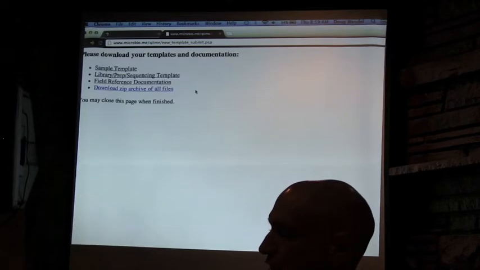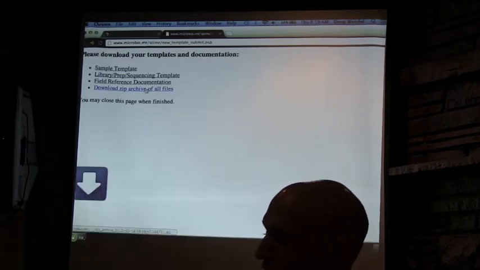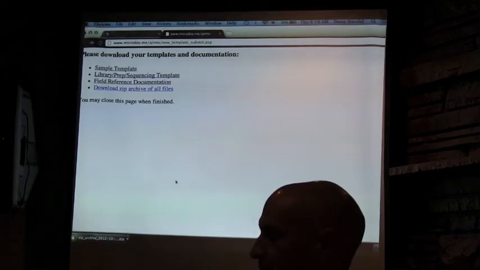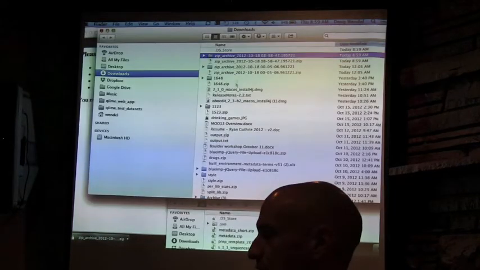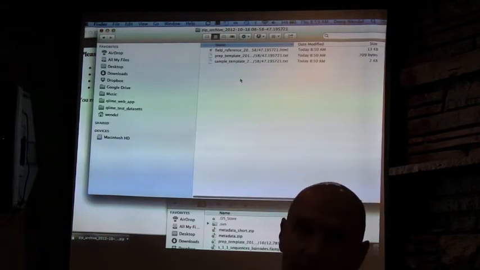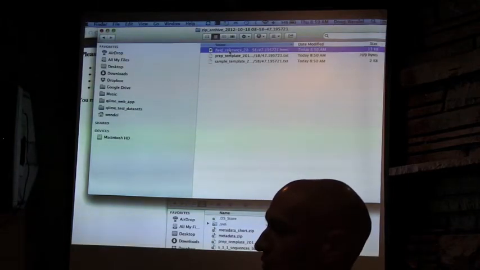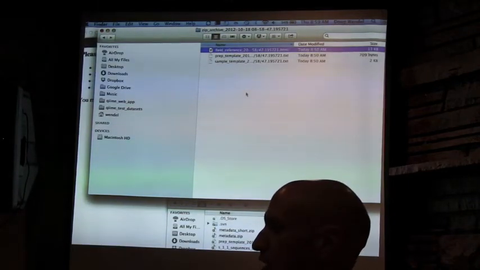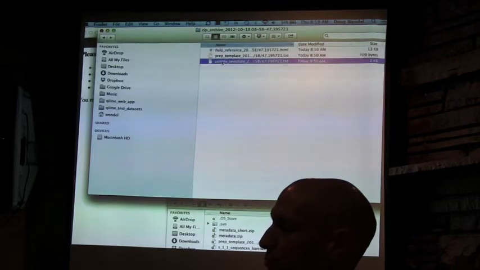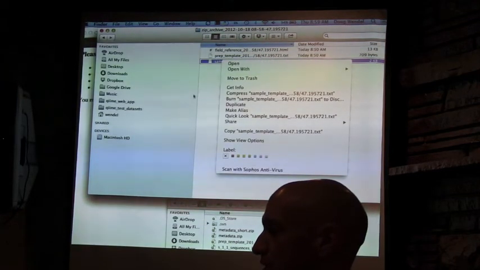Okay. But this is the reference document, and when we download this archive, you can see that those 3 files are in here. So you always have this field reference document available to you. And these are the files that we pre-generated. So if I open this in Excel, for example,